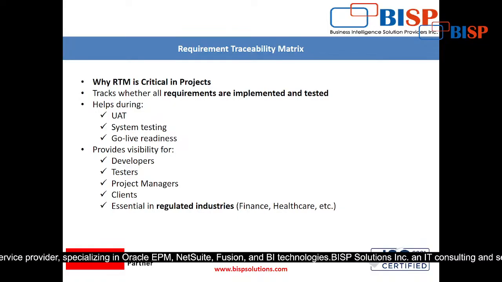See, whenever the very first document is the VRD, then the solution architecture document, then the functional design document, and after this the requirement is shown in the functional design document, right? And then we design the use cases and user stories, everything is fine, but this RTM document